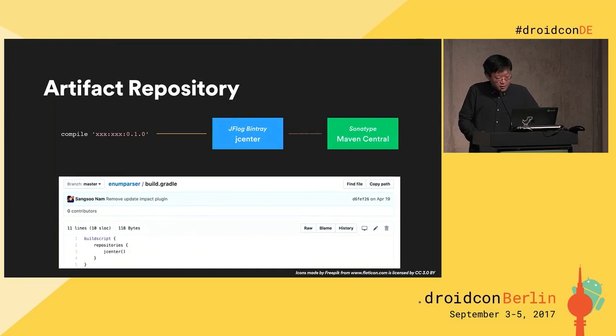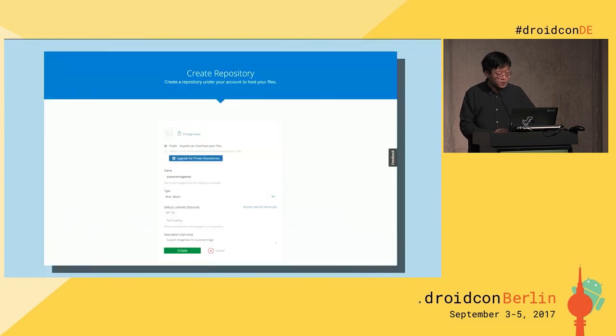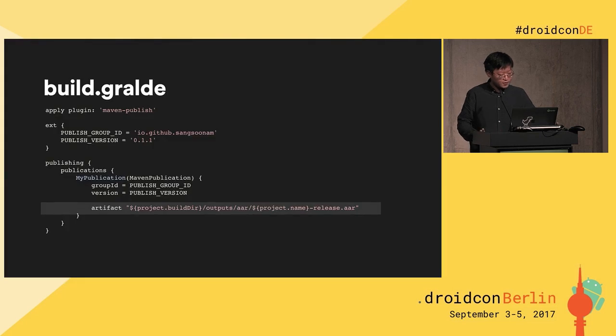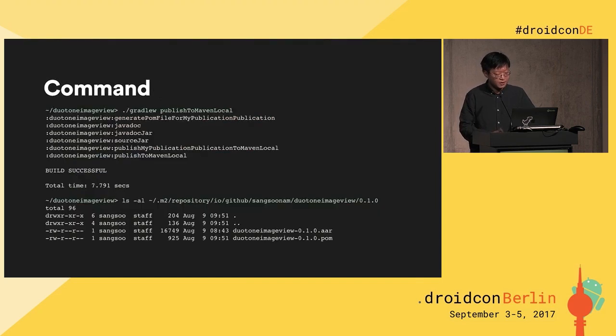The artifact repository relation is totally the same. The main difference is that they are not returning a JAR file. They are returning an AAR file because this is an Android library. So you can create a JCenter repository, and I'm using the Maven Publish plugin, but the different thing is that I need to mention where the AAR file is. When you run publish to Maven local, you can also check what is generated. There are now the AAR file and then the POM file.